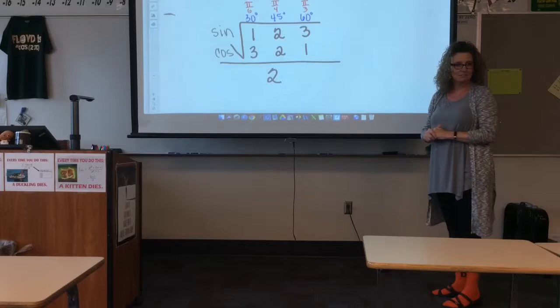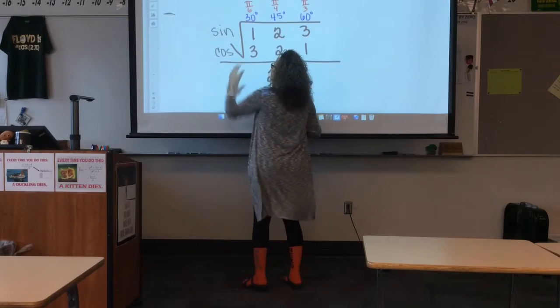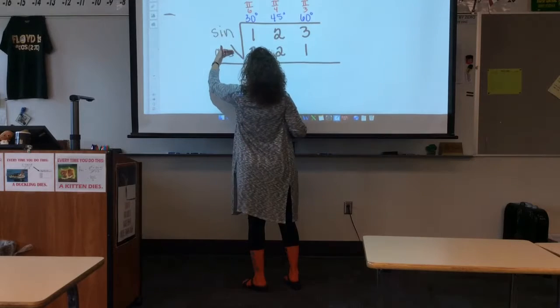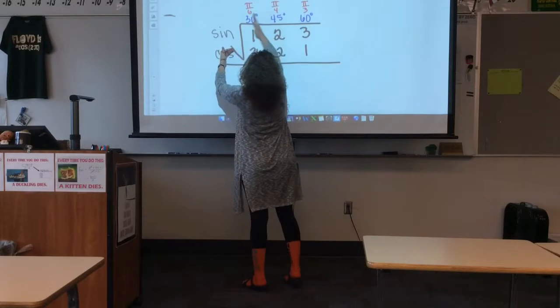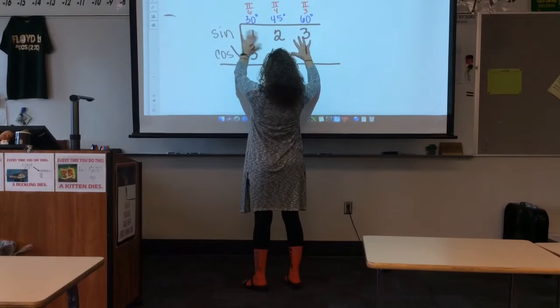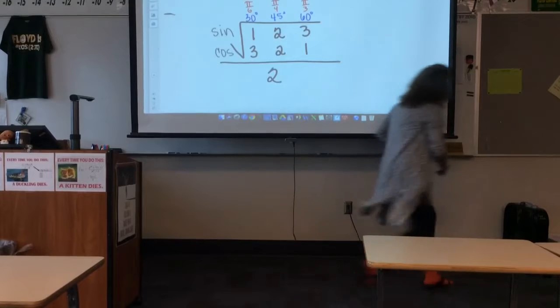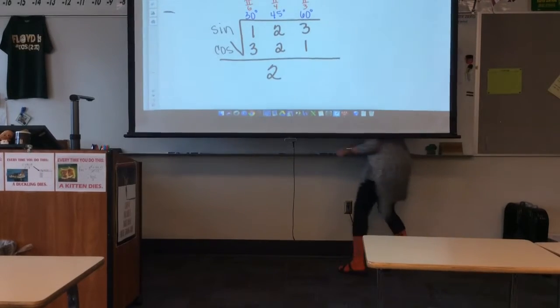Make sense? Okay, you just got to set up your table right, and I think most of you will. Sine goes first, then cosine, put these smallest to largest, and then hopefully you can count. And don't forget that the radical goes there and it's all over 2. Okay, now,